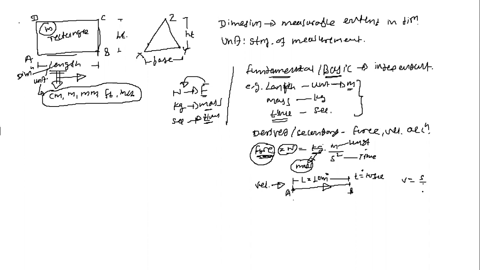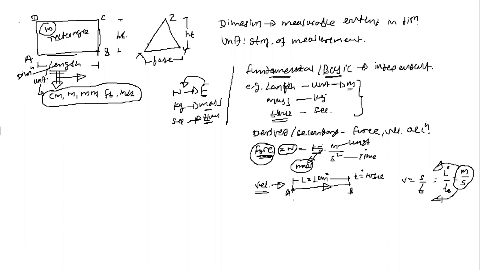So velocity equals distance upon time, displacement upon time. Distance is measured as a length, in terms of the units of length, and time as t. Meter per second is the unit of velocity. It means that to get the unit, the velocity is dependent on the unit of the length or distance or displacement and the unit of the time. Whenever we find such quantities that are dependent on other quantities for their dimensions or units, they are called derived quantities or secondary quantities.